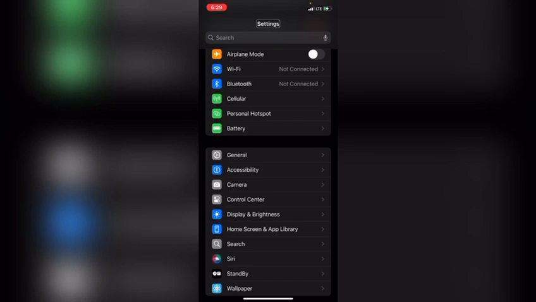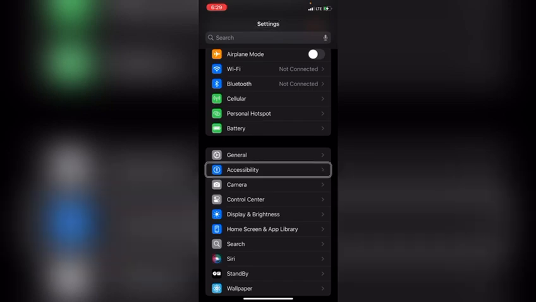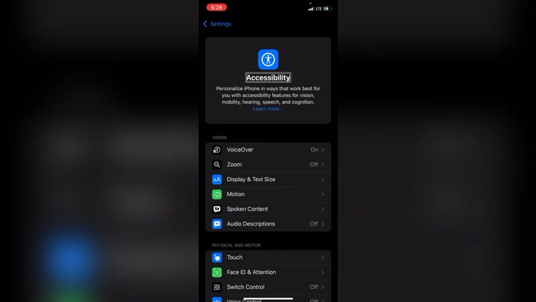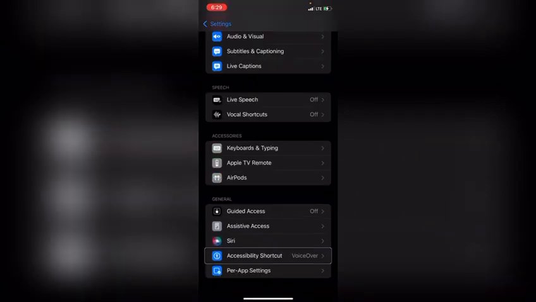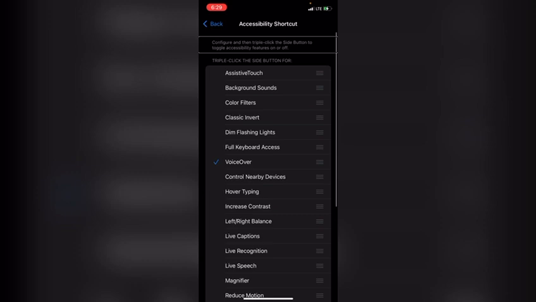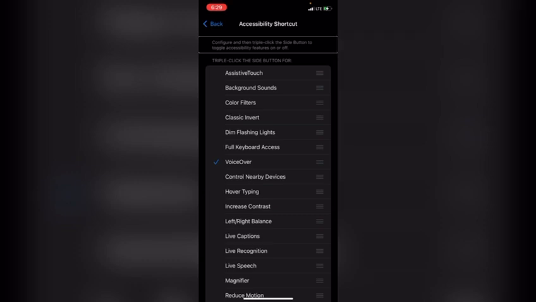Then you're going to look for accessibility. Look for accessibility shortcut. Accessibility shortcut. VoiceOver. Configure and then triple click the side button to toggle accessibility features on or off. So you can triple click your side button to turn